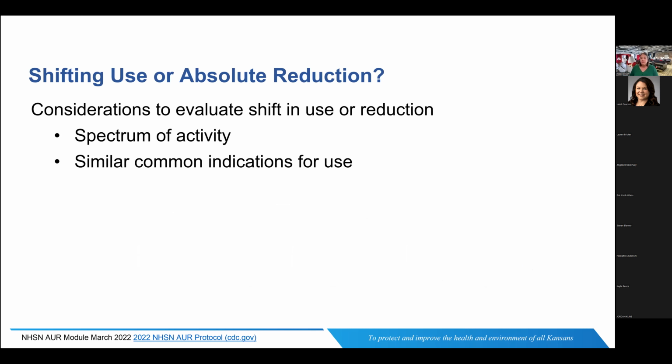I mentioned this earlier, and most of you are probably familiar with the whole squeezing the balloon phenomenon, where we're reducing the use of one antibiotic, but potentially compensatorily increasing the use of another one. When we're doing these evaluations, what you're looking for is antimicrobials that have a specific either spectrum of activity that are similar to each other or similar indication or niche use. So for example, one of the things that we co-trend routinely are our anti-pseudomonal beta-lactams. So we look at meropenem, cefepime, and piptazo all together to really see if we're seeing a reduction in piptazo, which we have.